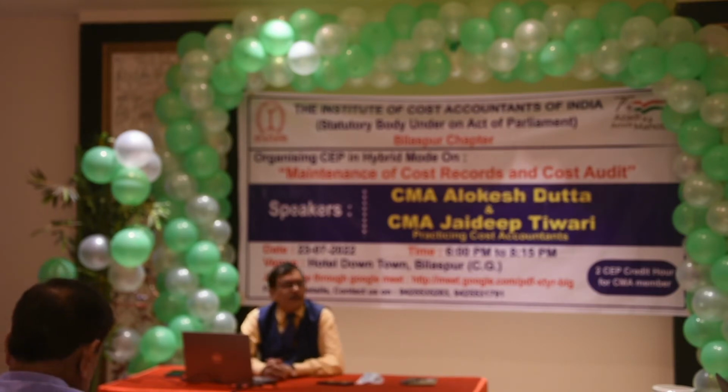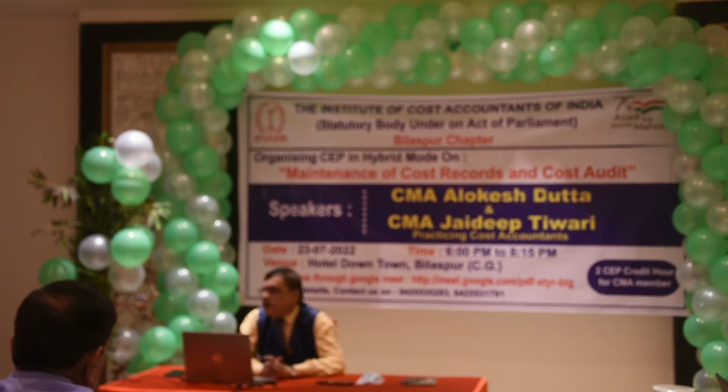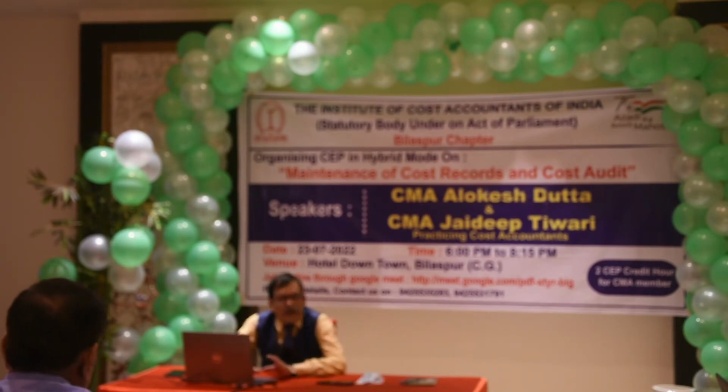Overhead. Overheads are of three types: production overhead, administrative overhead, selling and distribution overhead. So these are the general information. But one thing you have to ensure is that any abnormal cost should not be booked in any of the overheads. Demurrage, penalty, etc. should not be booked under overhead. Fixed overhead should be apportioned on the basis of normal capacity, not actual capacity. These are the points to be considered while verifying the records of overhead.